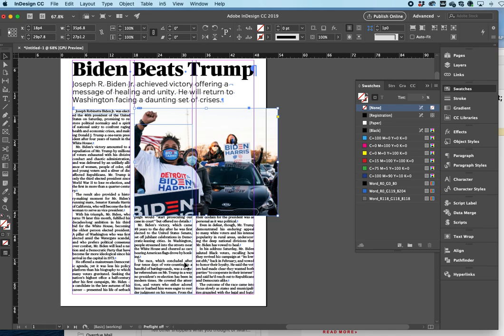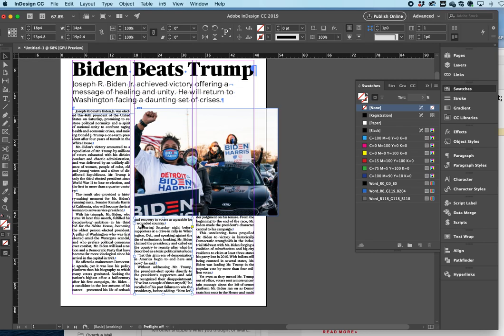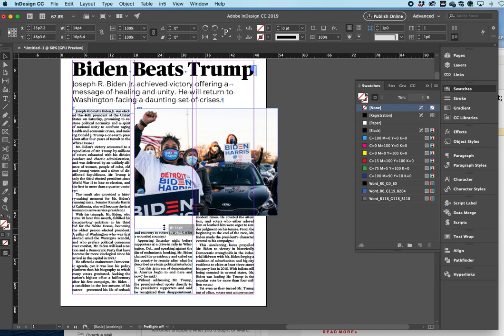Let's leave the bleed. And the trouble with this picture is it is covering up the text. There's a lot of the text I can't see. So there are a couple of ways to do that. One, you could just move the box out of the way. And because these boxes are all threaded together, when I move this box, the text is just going to flow throughout the rest of this document.